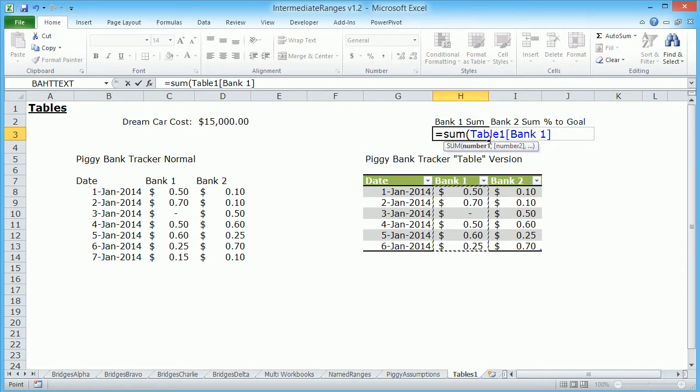And this is a table object range. What this basically says is go to table 1, and I want you to select all of the cells that are in the column bank 1 right here. So you might be asking yourself, well, what's table 1? I mean, we're guessing it's this guy right here, but is it stuck? Do you have to use these numbers? No, you don't. So let me just close parentheses and hit enter,